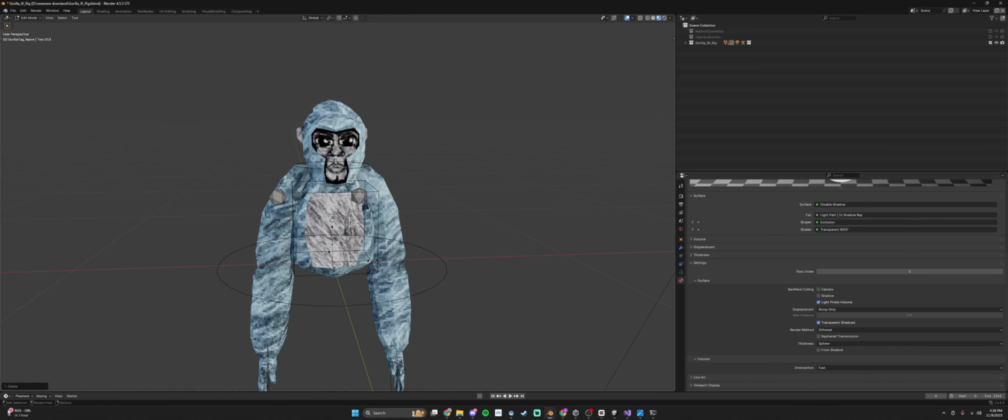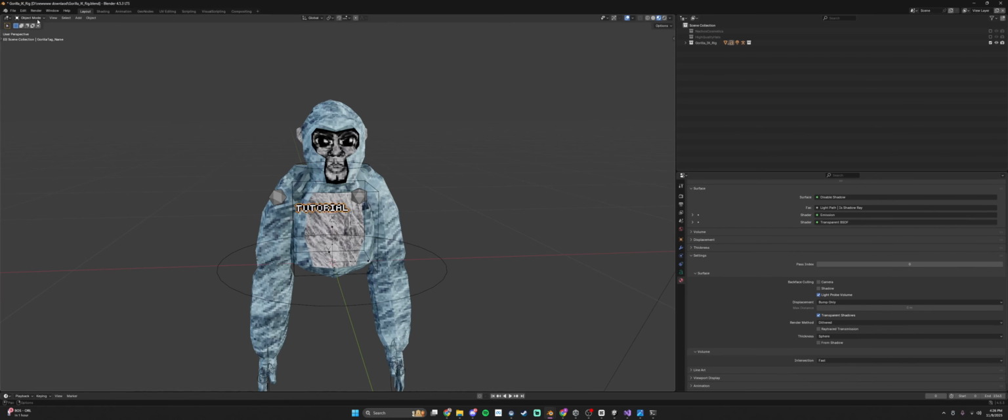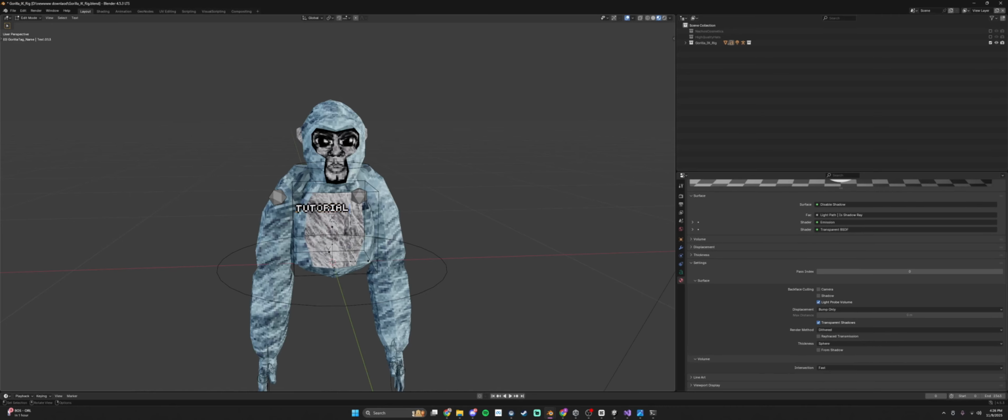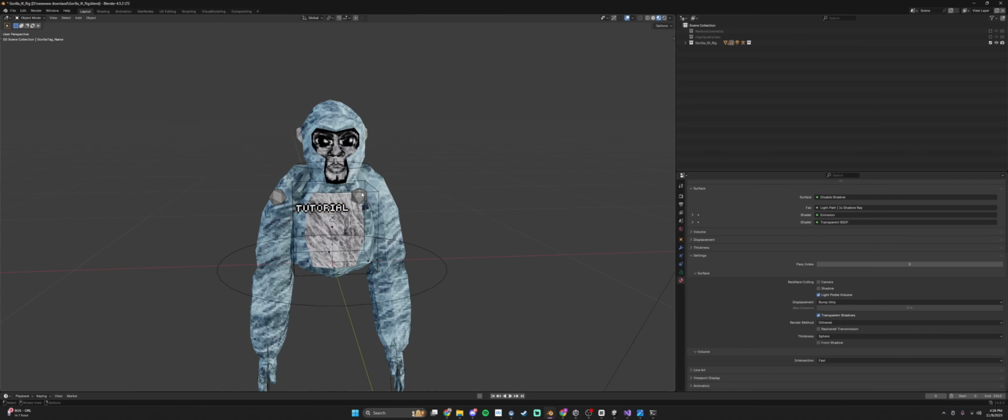You can change this to whatever you want. I'm just gonna do tutorial. And then you just click tab again. And instead of doing that, if you don't have tab or don't want to use tab, you probably should have tab. But if you don't, just go to edit mode, and then you can do it, and then you can just go back to object mode. And then once that's good,